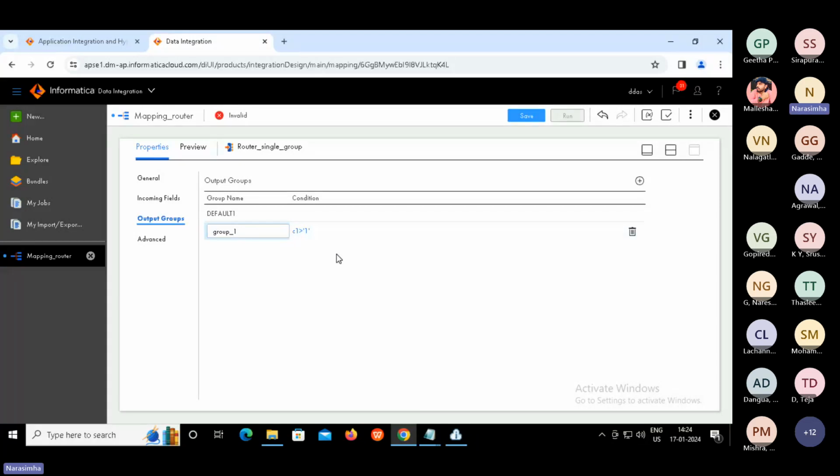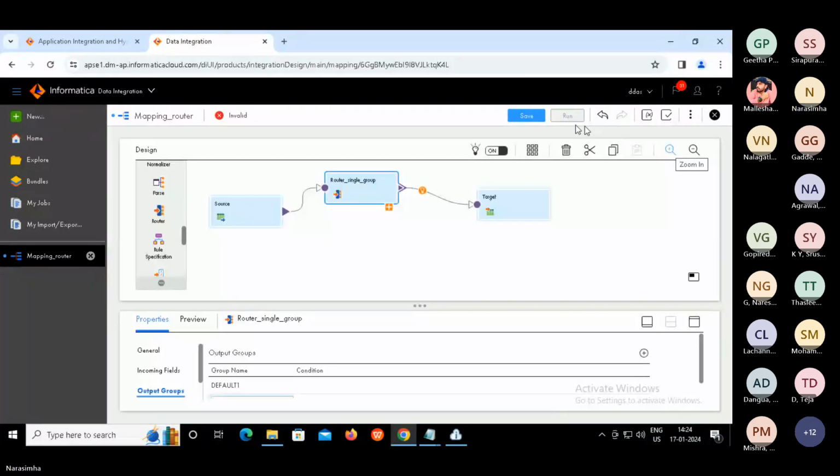So this way we can add n number of groups depending upon the number of conditions that need to be added. Then restore and save it.